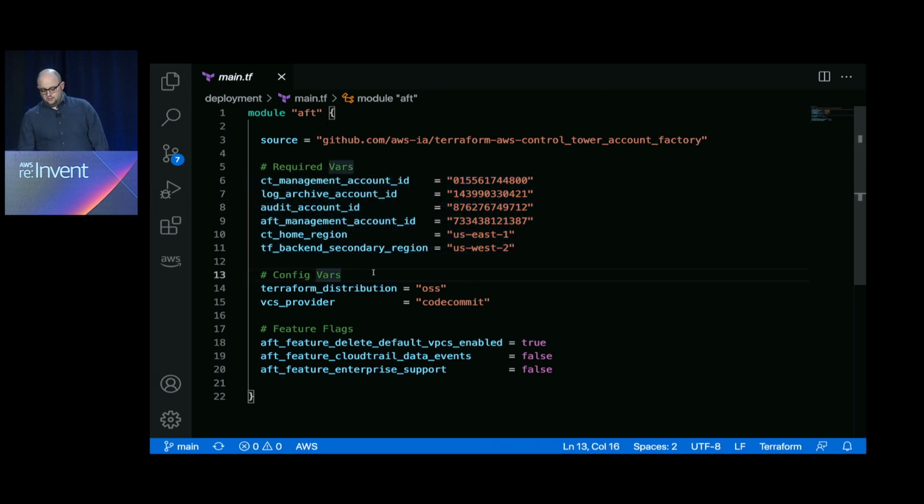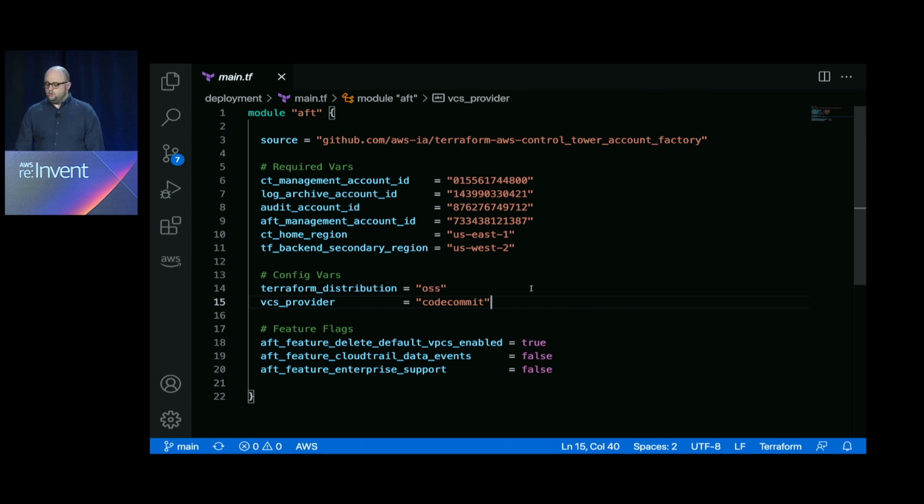On top of that, obviously we have some flexibility in configuration. Most of the ones you're seeing here are basically our default values, but they are here to show you how you can change this around if you needed to. The first one we have here is a Terraform distribution. We default to open source out of the box, but if you would like, this is where you would change things around and make that TFC or TFE, depending what flavor you are using.